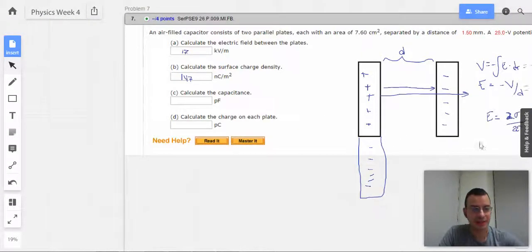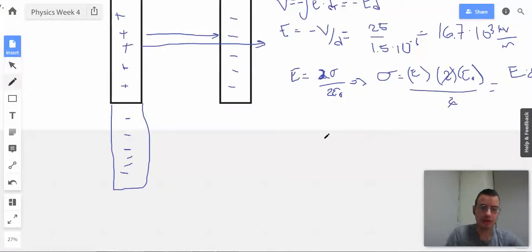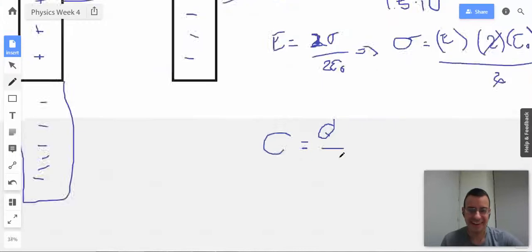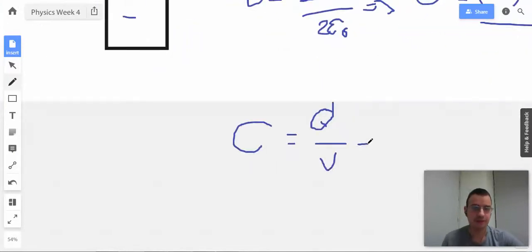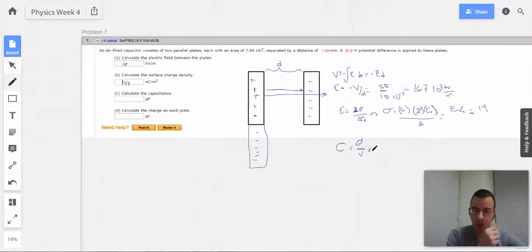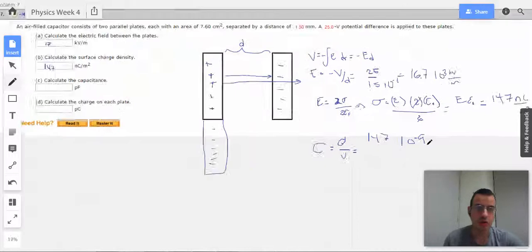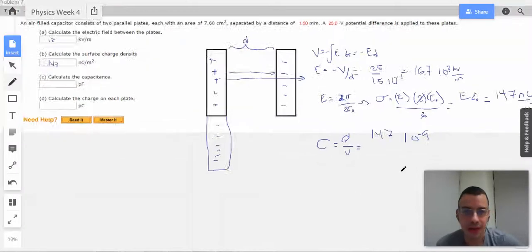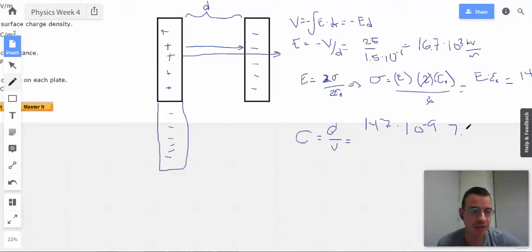Calculate the capacitance. All right, so not really sure where we're going here. I was going to write a Q, but I'm going to make that a C now. C equals Q over V. All right, so we know the surface charge density, 147 times 10 to the negative 9th coulombs per square meter. And then we know that we have 7.62